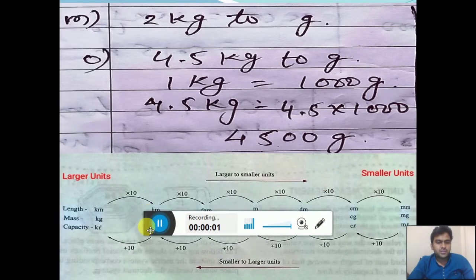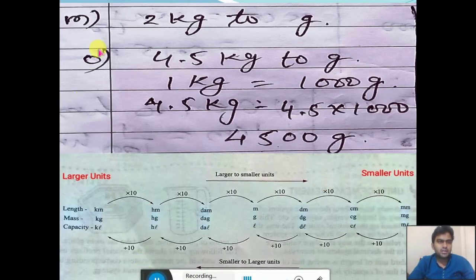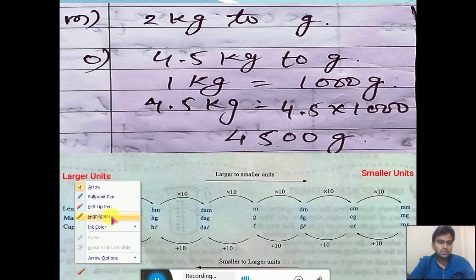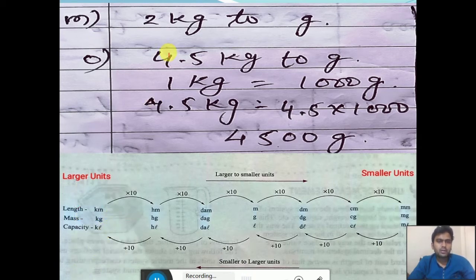This is the question of exercise 3A. Question number first: 2 kg to gram. 2 kilogram we have to change into the gram. So what we know, 1 kg is equal to 1000 gram,